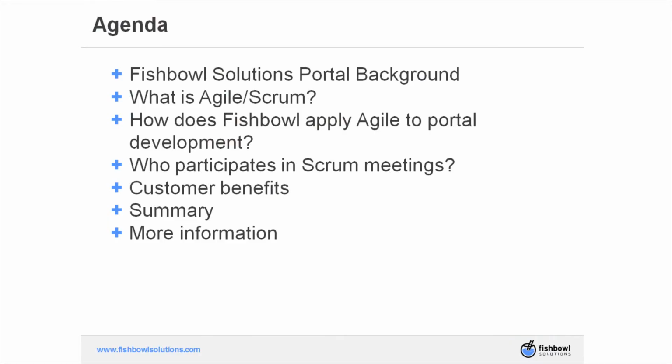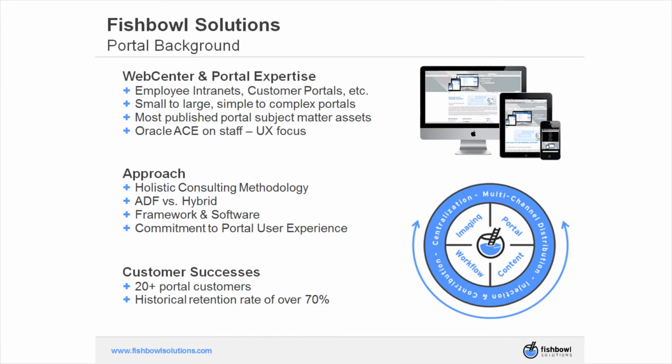So Justin is going to share with all of you an overview of what Agile and Scrum mean, how it is applied to portal development, as well as the customer benefits of applying Agile to an overall portal project. But first I'm going to provide a quick overview of Fishbowl Solutions, really focusing on our portal background,